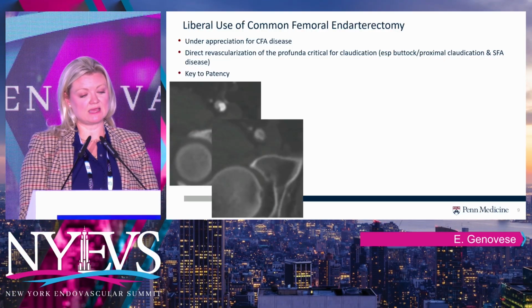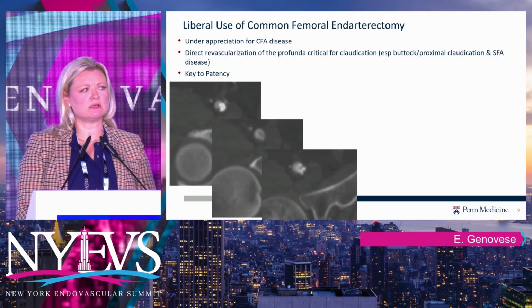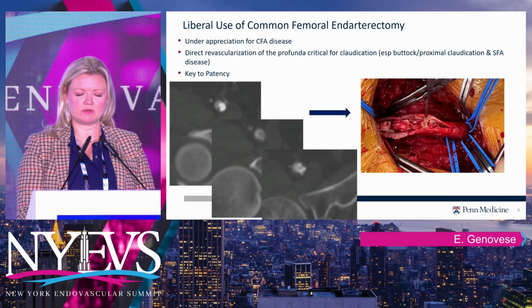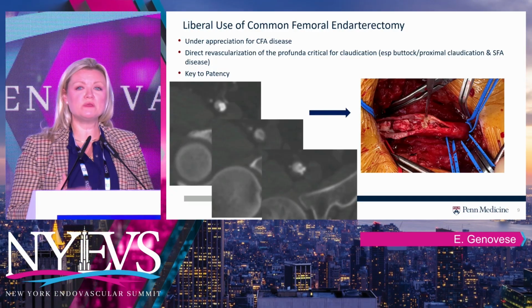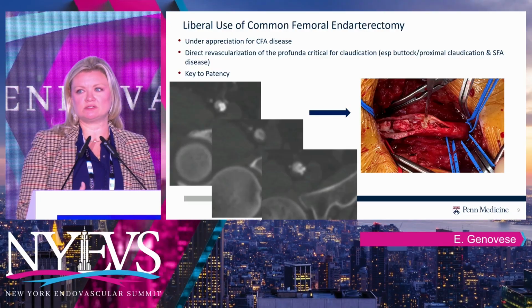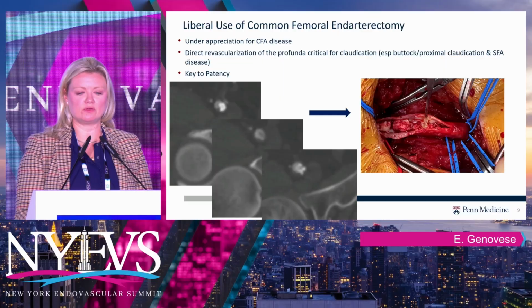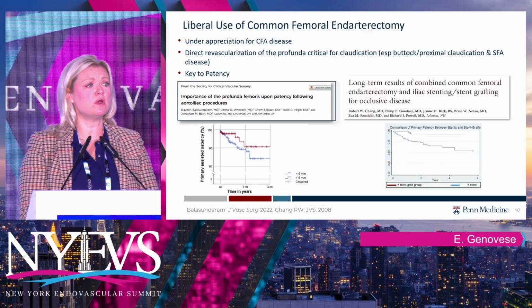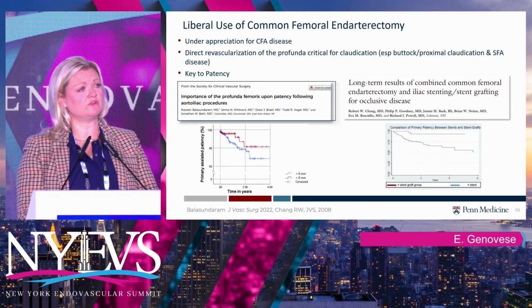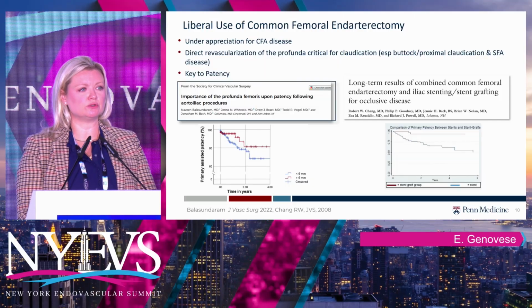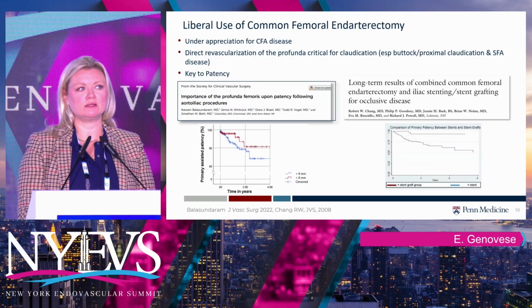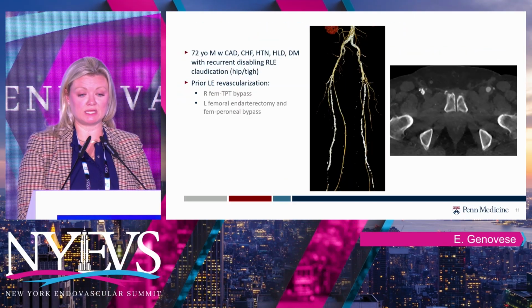So here's a CT scan where maybe we might say we can get a sheath and we can go ahead and not treat this common femoral artery, but when you open these arteries up, these are highly occlusive lesions. They're popcorny, they're eccentric, and really can inhibit your outflow of your intervention. We also know that there's data to support that the robustness of your profunda not only increases your long-term patency, but also helps your stents have a long-term durability as well.